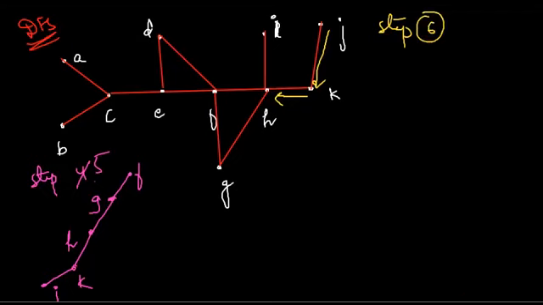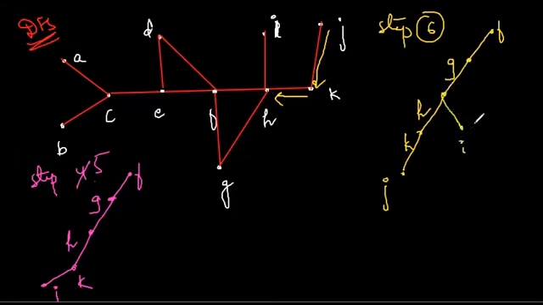So the step 6. Here I am starting from the vertex F, traverse to G, then H, then K and J. After J, I am backtracking from J to K and then H, to reach the new vertex I. From H I can go to the new vertex I, so we will add another branch to it. Okay. Now this I has been covered also. Now what we have to do? We have to backtrack again.